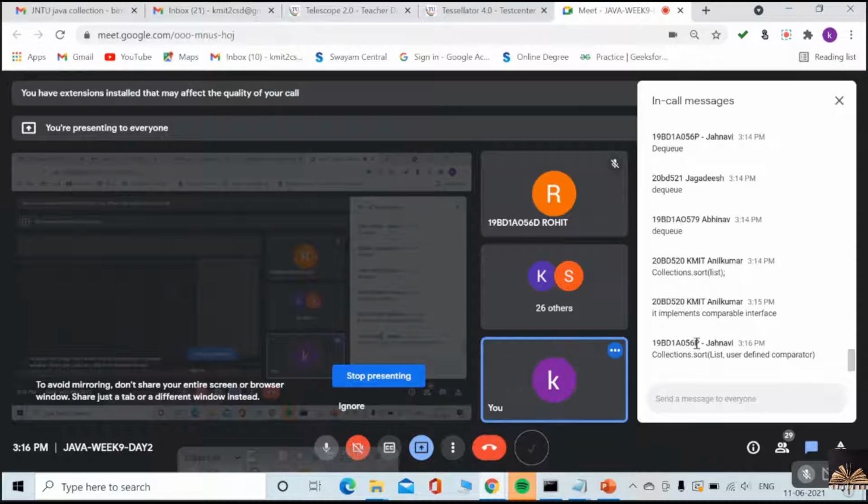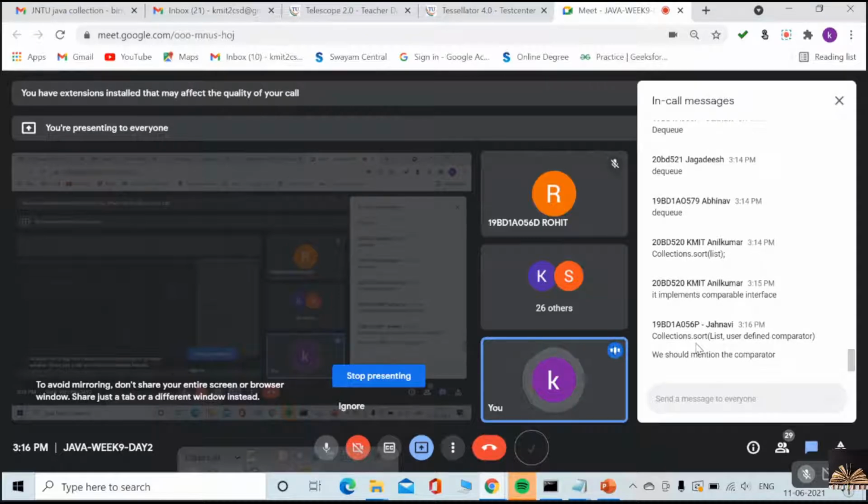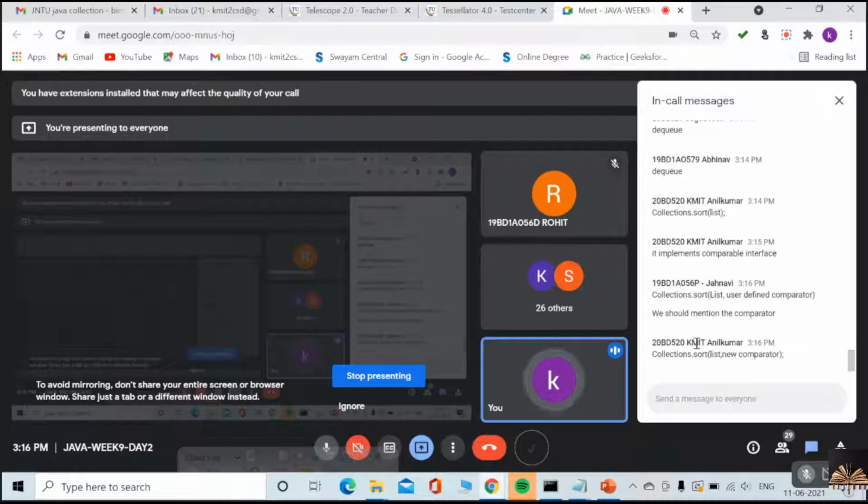Very good. Collections.sort of list, comma, user-defined comparator. We should mention the comparator. Whatever comparator you want, you need to pass it to your sort method. Yes or no? That's what. Very good, Anil and Jahnavi.